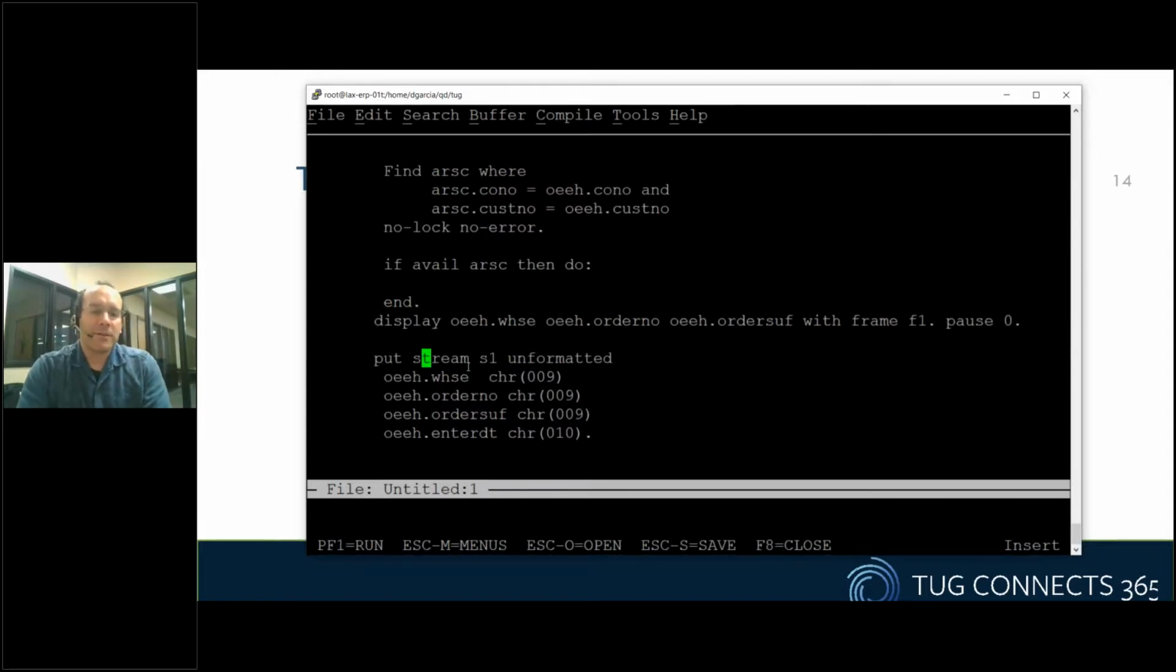I updated the second stream, or the stream that we're putting out to a file. This CHR009 is actually a tab character. So I'm tab delimiting each of these fields to say, put warehouse tab, order no tab, order suffix, and then enter date, and then put a return character. So it'll put a line,